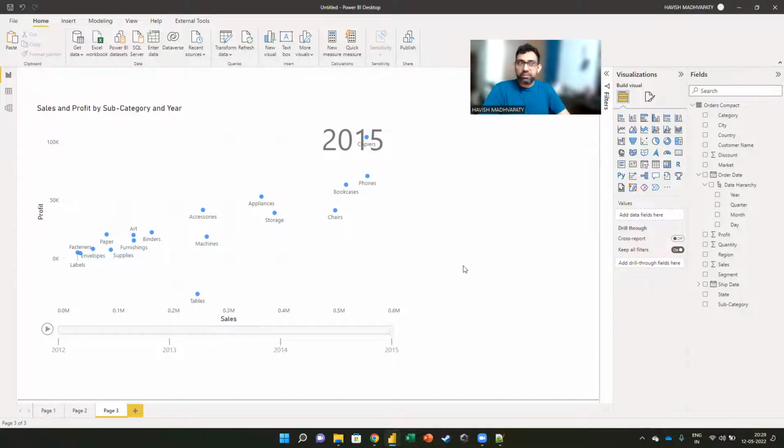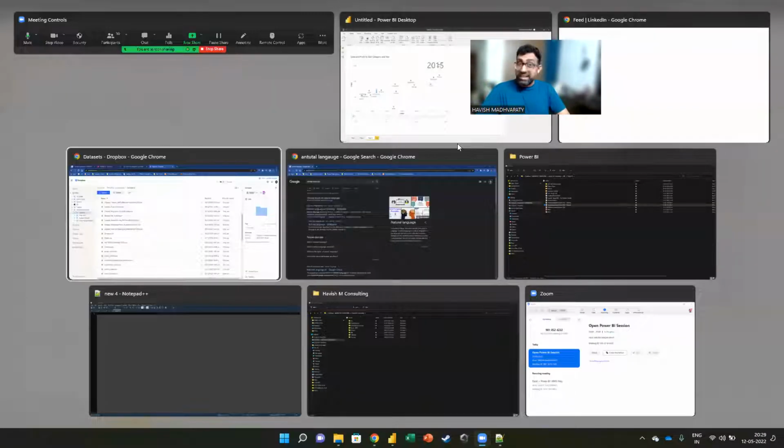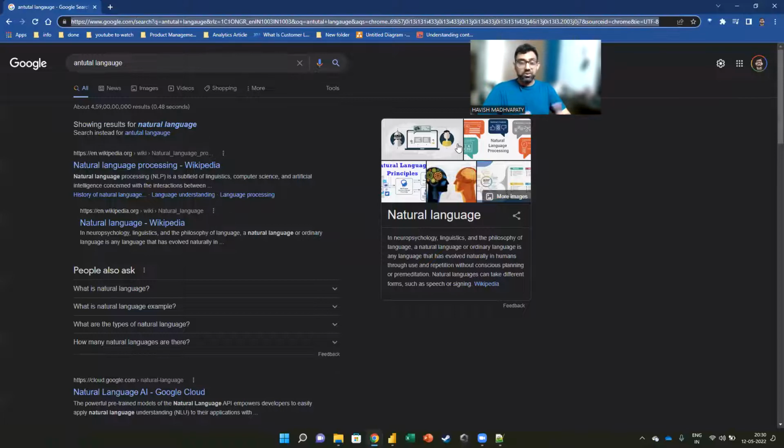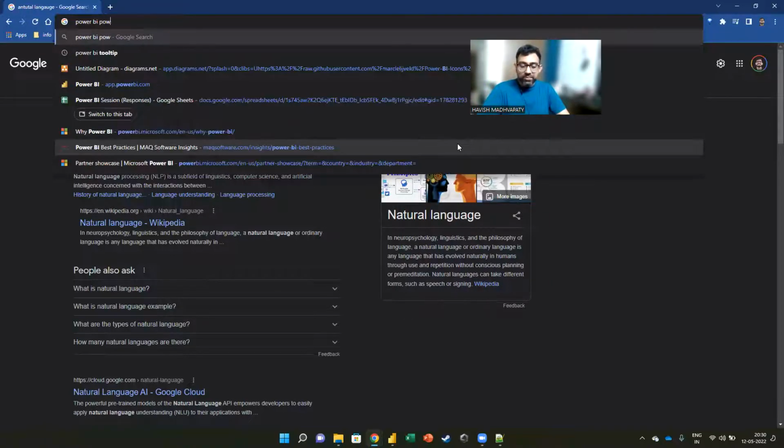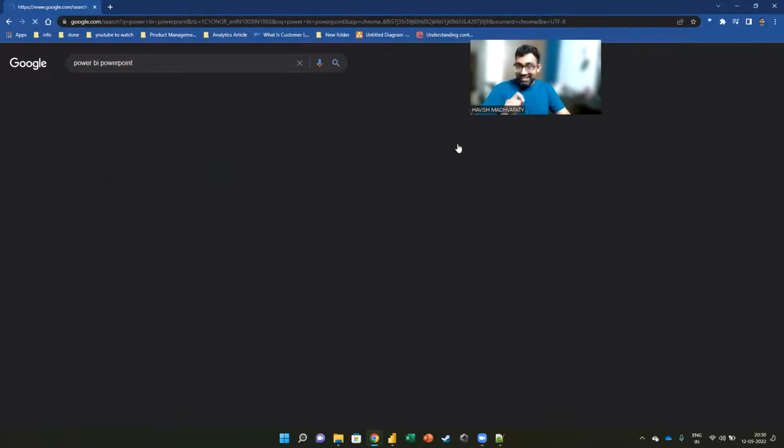Okay, let's do something different now. Before I do an example showing you how to do data cleaning and how to use calculations in Power BI, I just want to show you something else. Very important question, Kunal: as of today, you cannot present Power BI on PowerPoint, but you are very lucky. This feature has not been there for 6 years. Power BI is 6 years old, but PowerPoint, Power BI integration is going to come this month, literally this month.